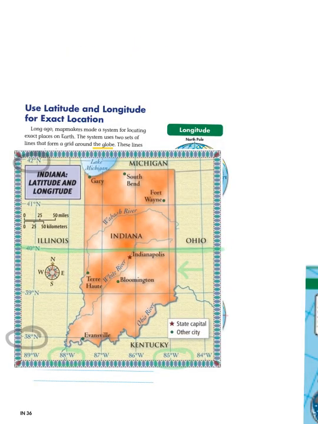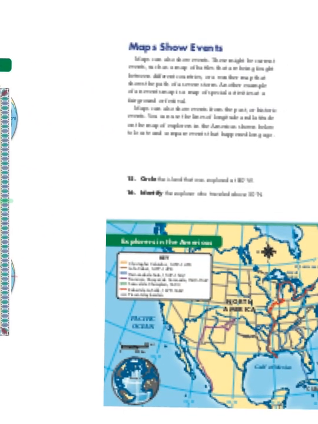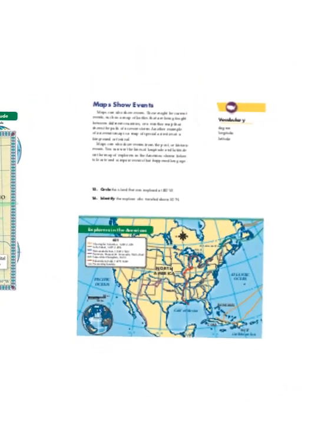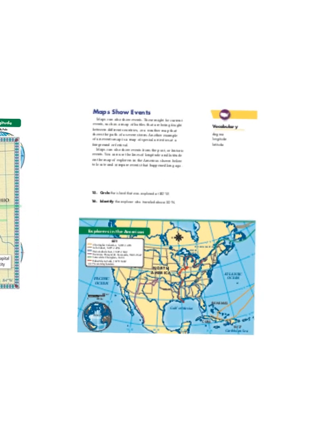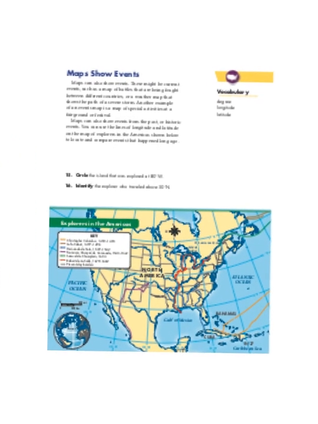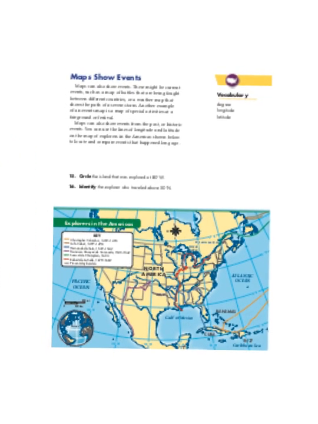Now then, let me go to page 37, which shows us something completely different. Okay? Maps, more often than not, are for looking at where things are. But once in a while, a map will show us when something happened relative to the location on the planet. Now, as you can see,